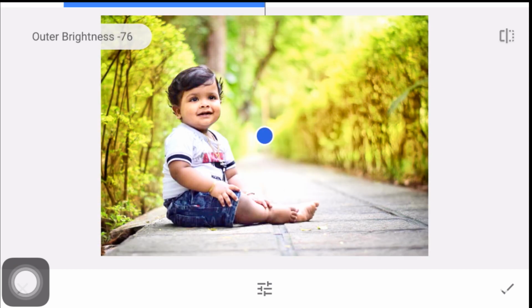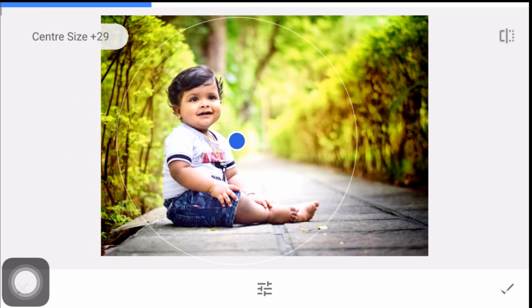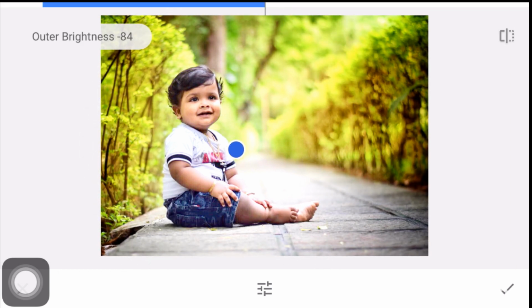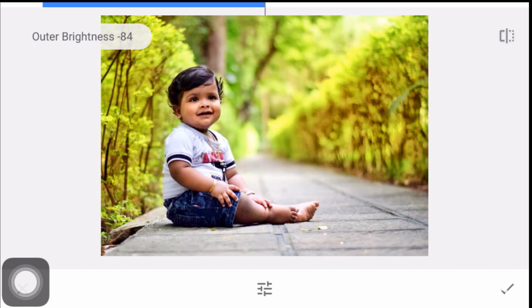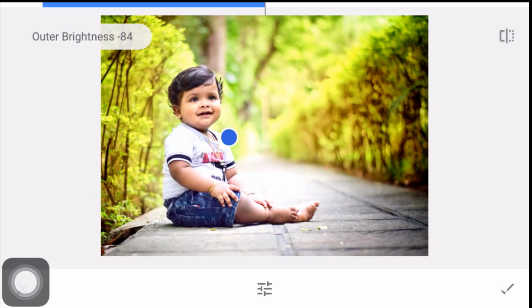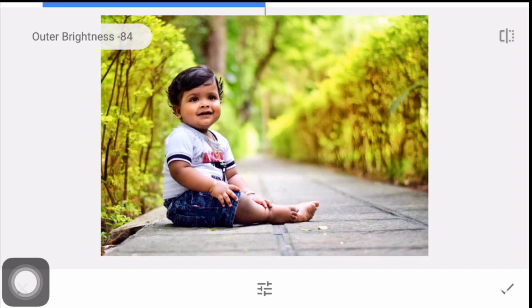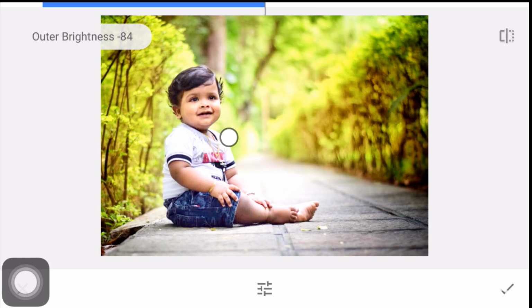So here I reduce the outer brightness to some 76, and I can focus on this kid's area. Now we can see the effect: the kid's area is focused with more brightness and the other areas are a little bit darker.